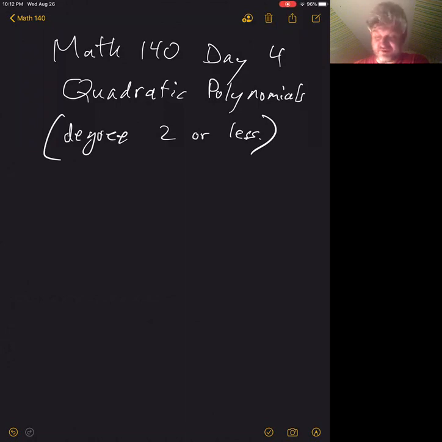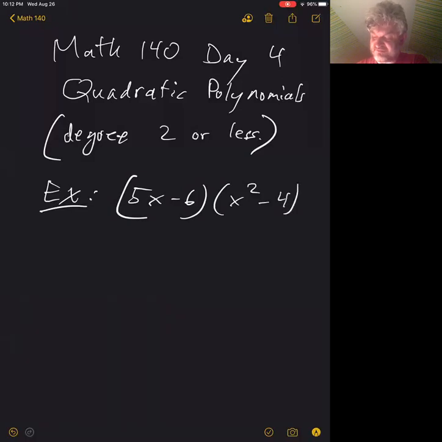So of course, you can multiply polynomials. And I should do an example for that first. 5x minus 6 times x squared minus 4 has to be, when you want to multiply this and expand it out, then you've got to use the distributive law, and that says you've got to multiply every term in the first factor